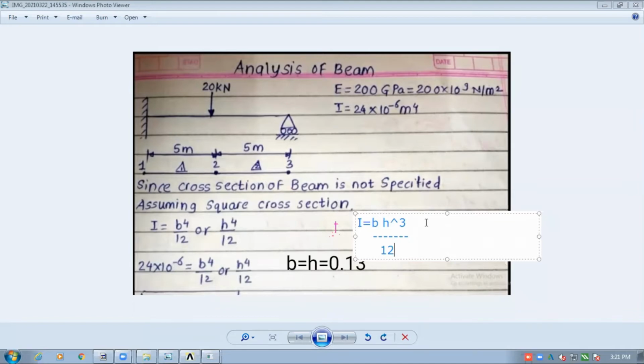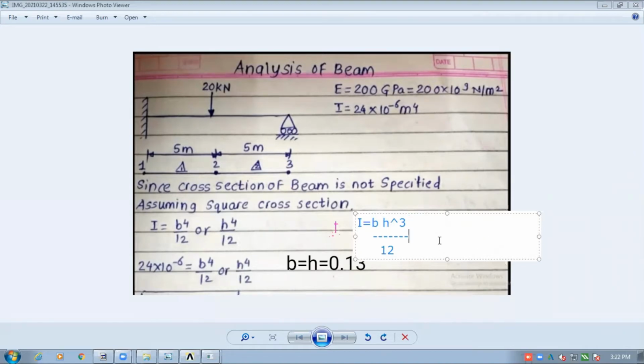But none of the values is given, neither B nor H. So in that case, we are supposed to assume it as a square cross section.